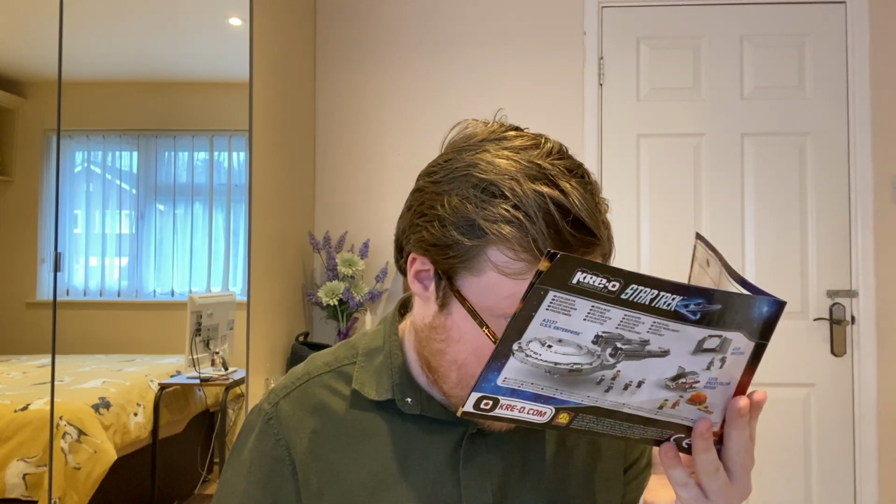Now, it could be because this set is 8 years old. In fact, that's probably exactly why, isn't it? But they just smell a little bit musty. But more worryingly than that, I think the print quality of the instructions, it's not very good. It's just not very high resolution or particularly clear, and there's quite a few printing artifacts on there, sort of lines and things. Incidentally, on the back of the instructions, it shows you some other sets, and I have built that set. It's not worth it because